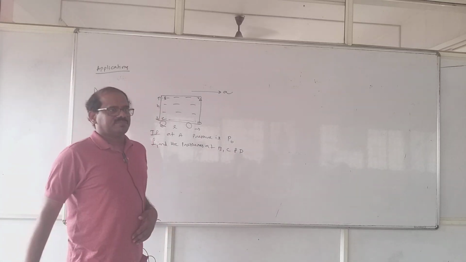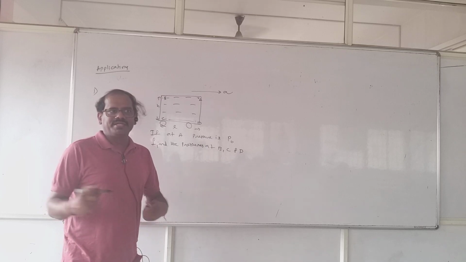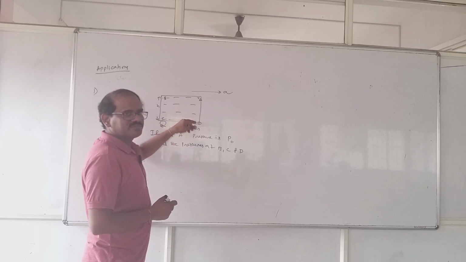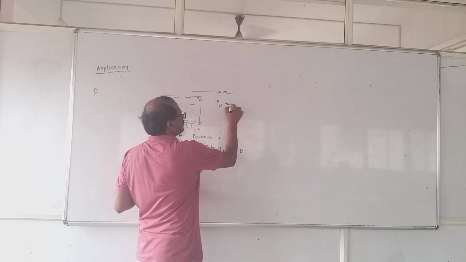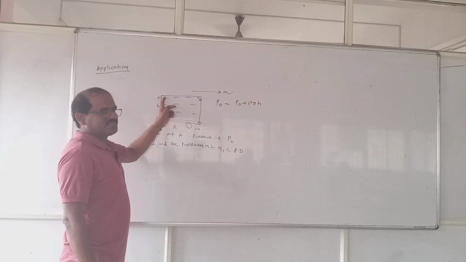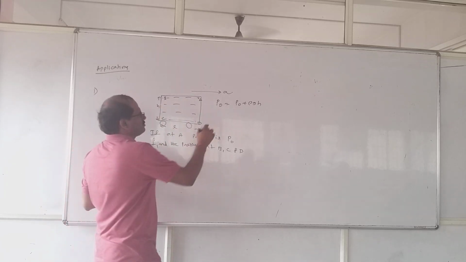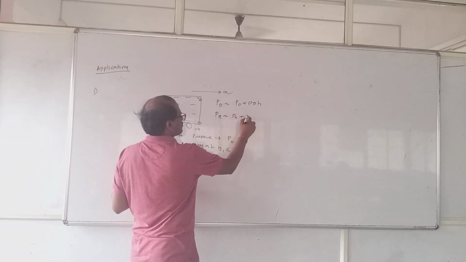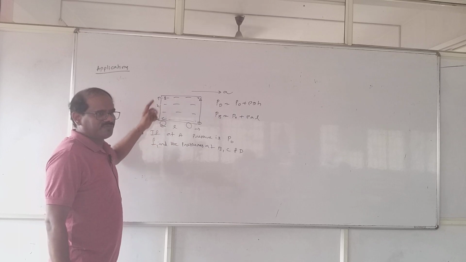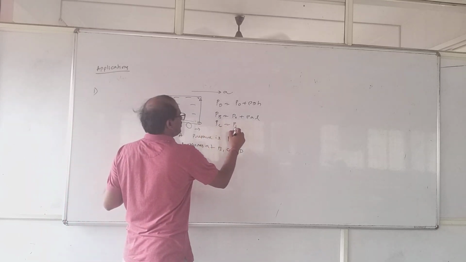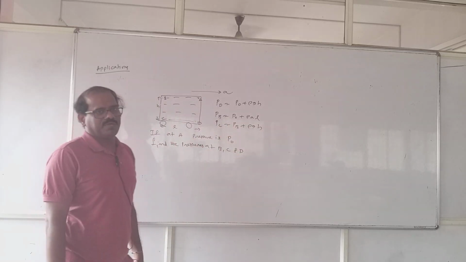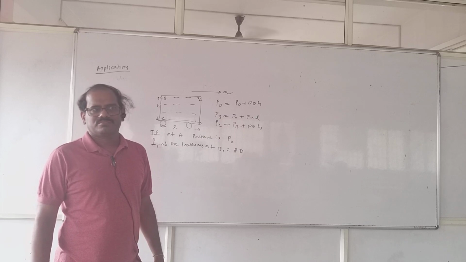Now tell me, we should think separately: height separately, length separately. Between A and D, is there any length difference? No, only height difference. So pressure at D is equal to P naught plus rho g h. Between A and B, is there any height difference? No, only length difference. So pressure at B is equal to P naught plus rho a L. Between B and C, is there a length difference? No, only height difference. So pressure at C is equal to PB plus rho g h, but PB is nothing but again P naught plus rho a L. Understood?